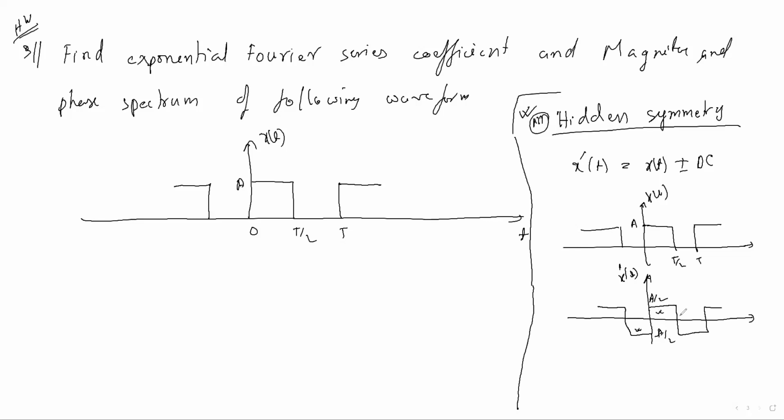If hidden symmetry is there in the signal, then it will come out as odd only. So this is one kind of hidden symmetry signal. Understand? By looking at this graph, we can now say this is an odd signal, an odd symmetry signal or antisymmetry signal. So you try it at home, to find the Fourier series coefficients as well as the magnitude spectrum.